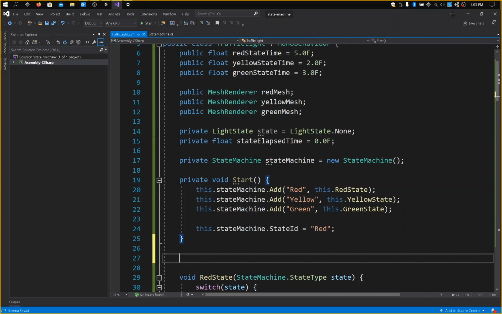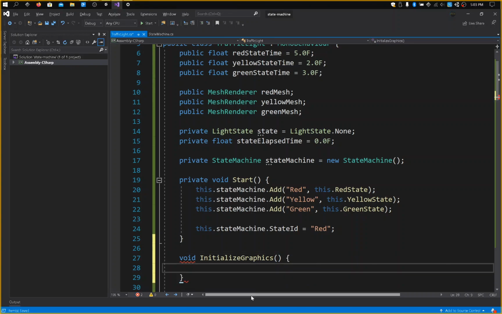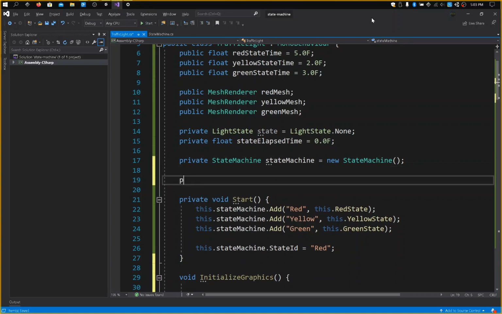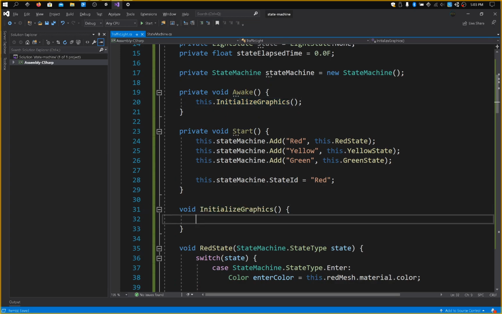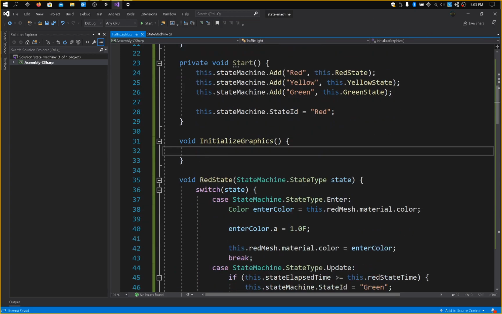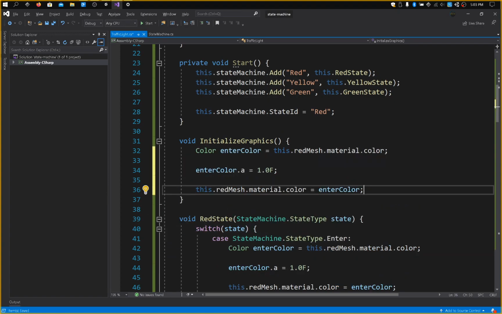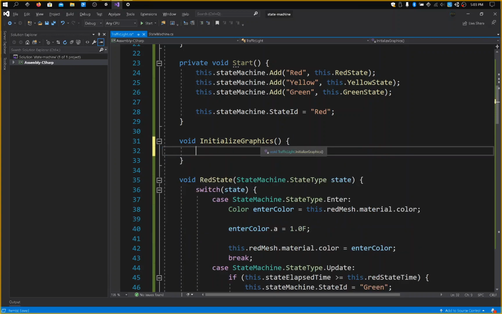So I need to create a function called initialize graphics. So we'll do that in the Awake. So when we awake, initialize graphics. Inside of initialize graphics, basically going to do this. We do it once. We set all of them. So this one would be at. Actually, we could have just done